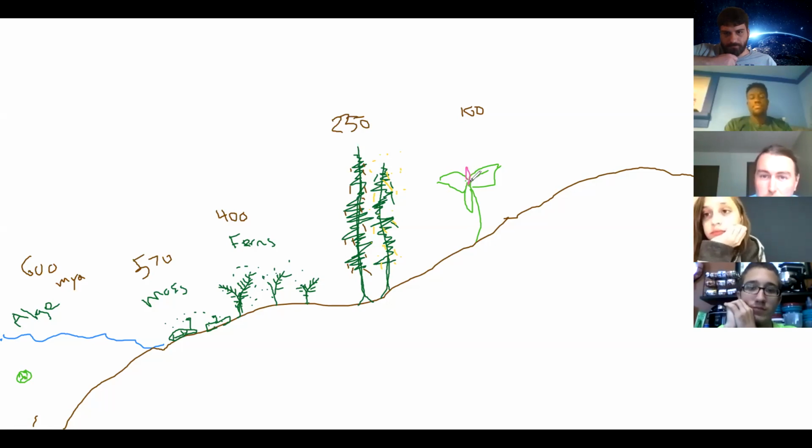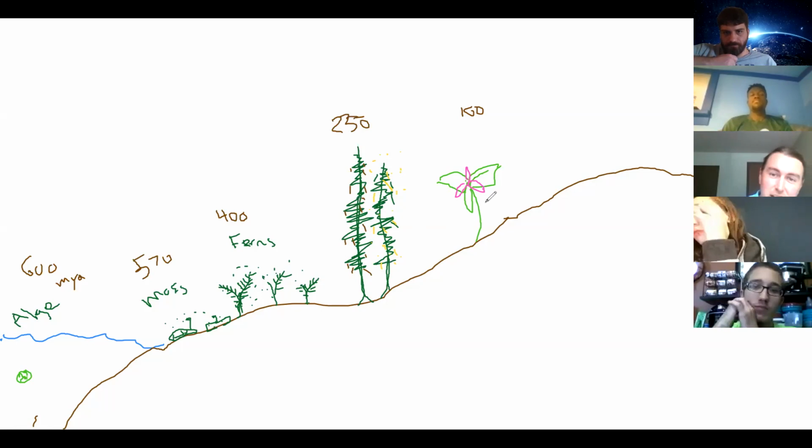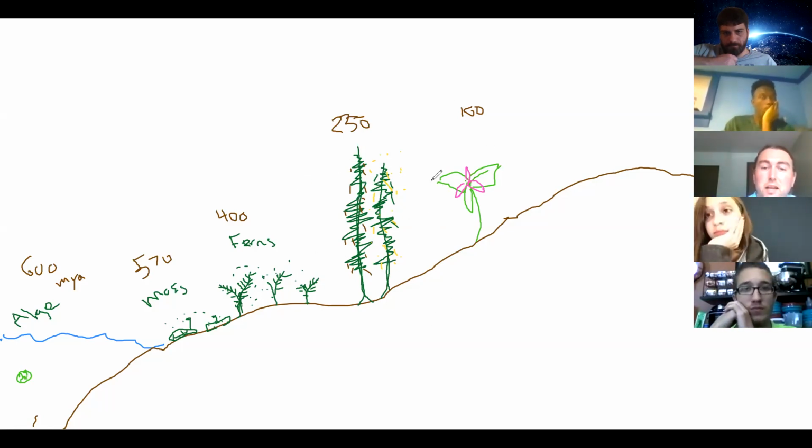So their flower has all the same features as we find in the male and female cones of the conifers. But in this case, they're not putting it out in the air as much as they're putting it onto